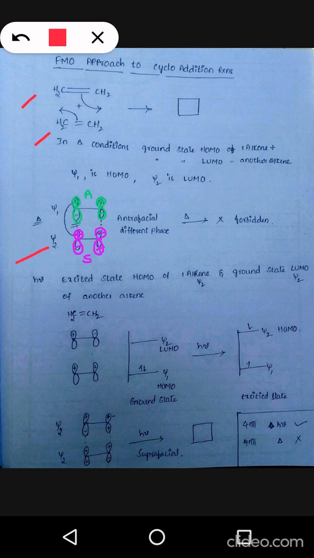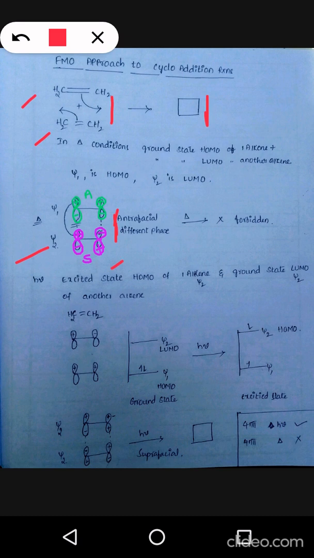molecular orbital. Now, in a cycloaddition reaction, a new sigma bond is forming between carbons of two ethenes. Like here, a new sigma bond is formed. Here the new sigma bond is formed between the carbons of one ethene and the carbon of another ethene. So overlap of the molecular orbital of one ethene should take place with the molecular orbital of another ethene. It is shown here. The overlap of the molecular orbital of one alkene is taking place with another alkene.